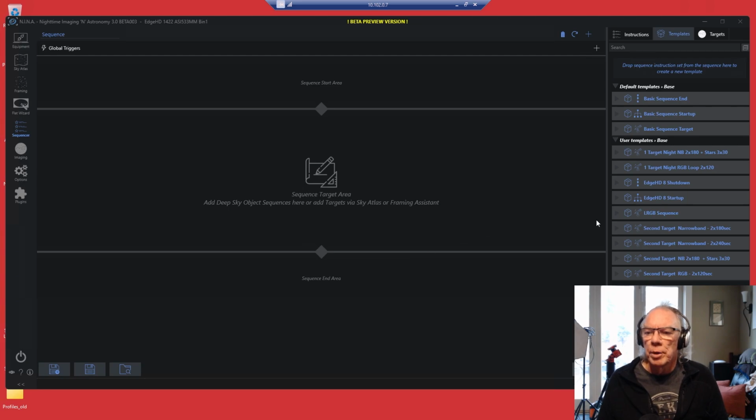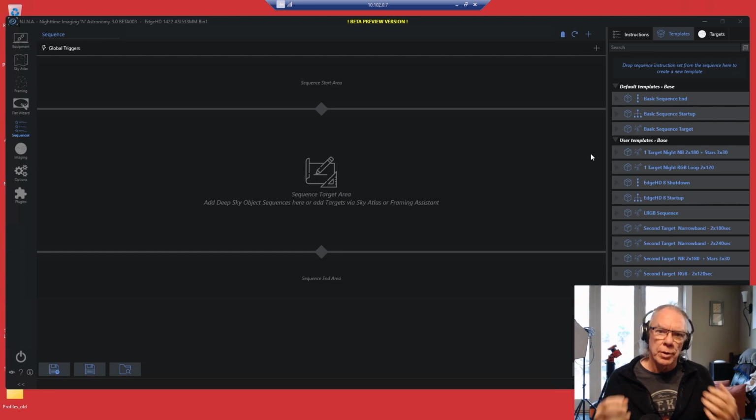But so let's bring a template in. If you look over here, hopefully you can see this on the screen, I have one target night for narrowband plus stars. If I want to add RGB stars in, and in 2024 I am going to include RGB stars in all my images. I have some data left from 2023 that I haven't processed yet.